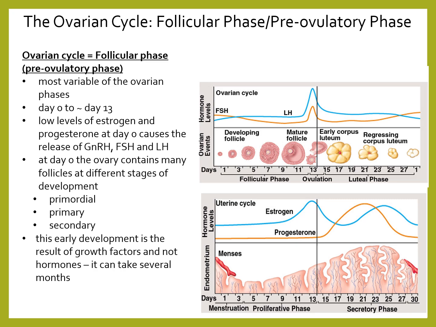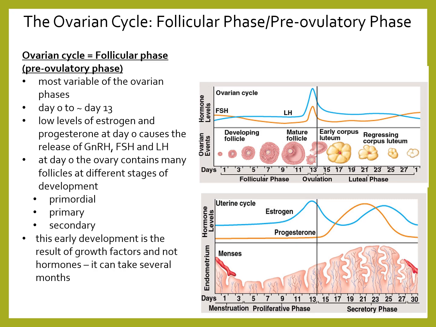At day 0, the ovary contains many follicles at different stages of development. There could be several follicles that are in their primordial phase. There are those that can be primary follicles, and there are going to be those that are secondary follicles. Again, reminder that this early development is the result of growth factors and not hormones like FSH. And this development starts at puberty, and it can take several months to years for a follicle to go from primordial